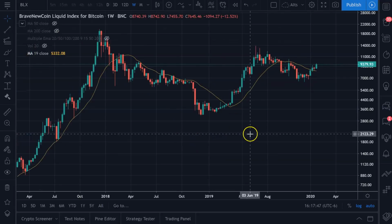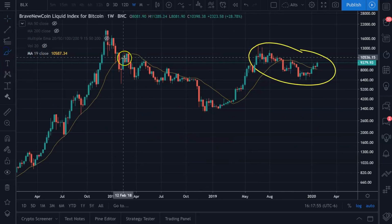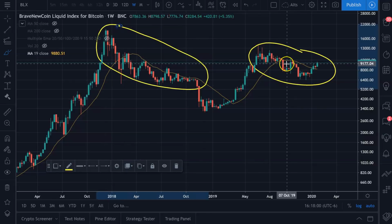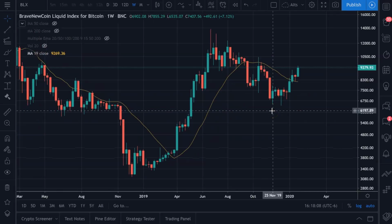So why am I nervous? Why does this line make me a little nervous? Because guys, honestly, look at the similarities here. I kept trying to compare this entire market to this market right here. And it worked really well for me for about 6 months. But the last month, I have not been on point with what I thought the market was doing. I thought it was going to pump up to a maximum of 9,100 to 9,200